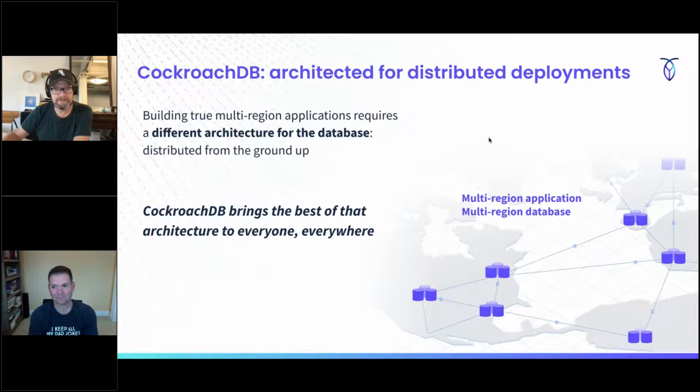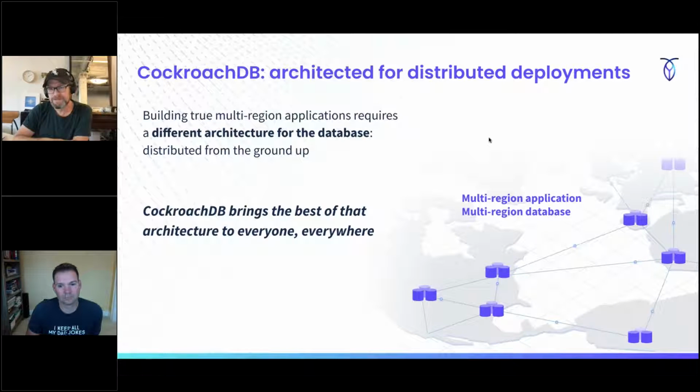And so when we think about this, being truly multi-region really requires a different architecture for the database, and it really requires you to be distributed from the ground up. At Cockroach, we think a lot about how you deploy data into different regions, and how you ensure that data is partitioned into particular parts of the planet. One of the unique capabilities we'd like to talk about is something called geo-partitioning, where the database itself can actually inspect each row and say, oh, is this German data? Have it live on German servers, and control all that. And we've really made that as simple as a few DML statements, and we're going to show you how to actually do that today within CockroachDB itself.